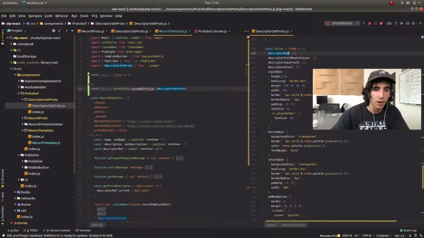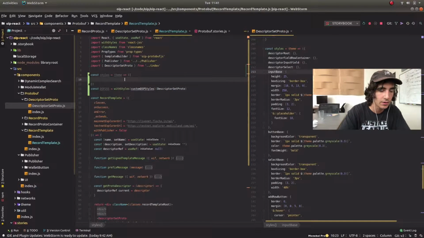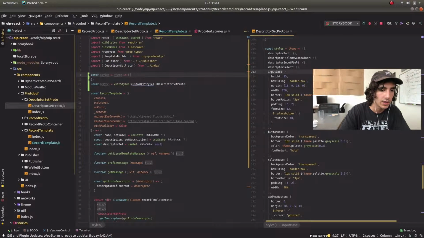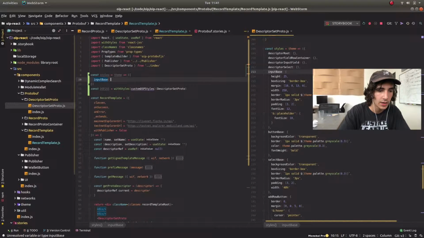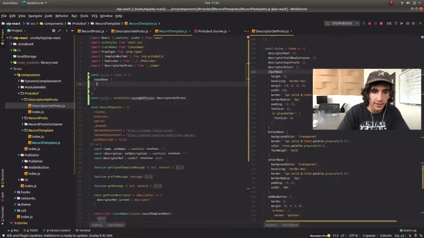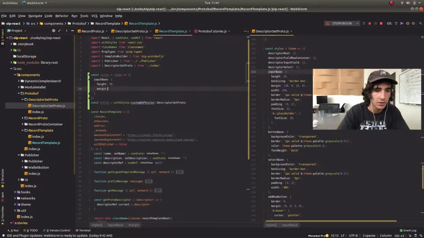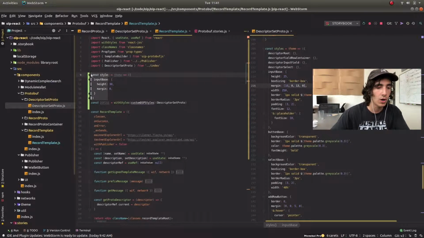So let's say I want to override input base. So I can do input base is equal to, let's say I want height to be 30 instead of 25. I want margin to be 0 instead of 10, 0, 13, 0, blah, blah. Okay? And now the point is I can now override,